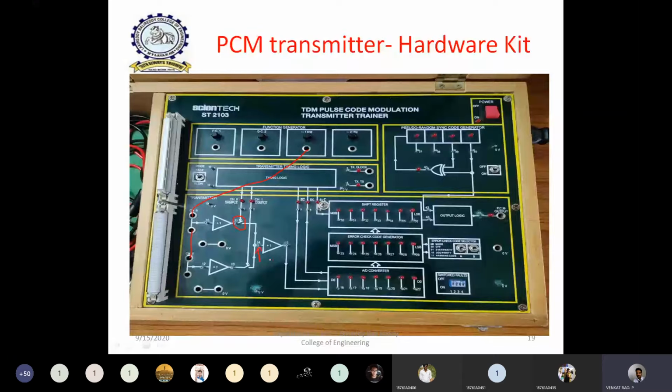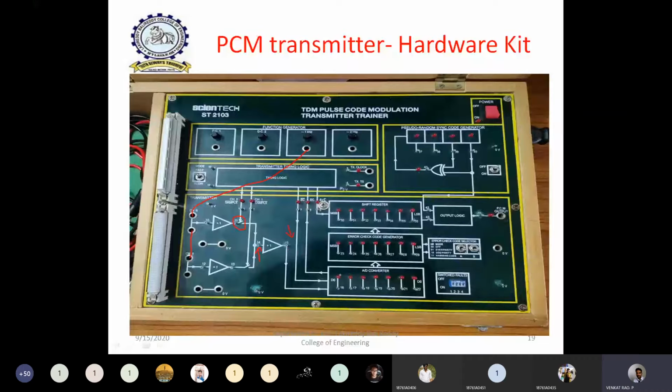Similarly, this block represents the quantization process. Inside it there is an IC diagram for quantization, but that is not shown. After this particular pin, if you connect the CRO probe, you can observe the quantization output in the CRO. And then this particular block represents the encoder block. If you apply this quantizer output to the encoder, the encoder will assign each quantized amplitude value some group of bits. Here, how many bits are used for each sample value?